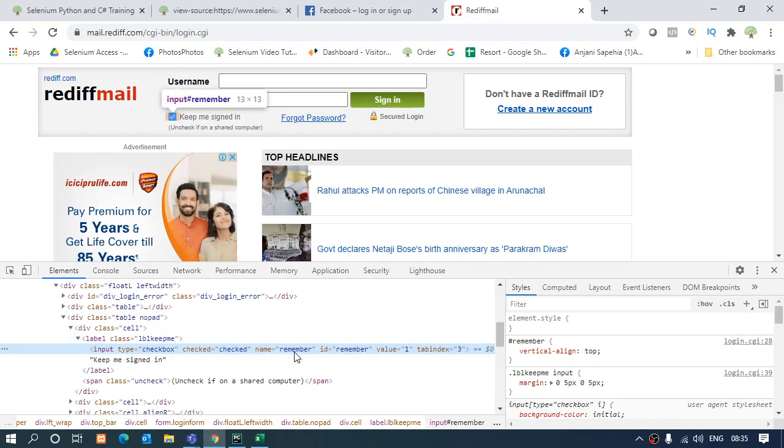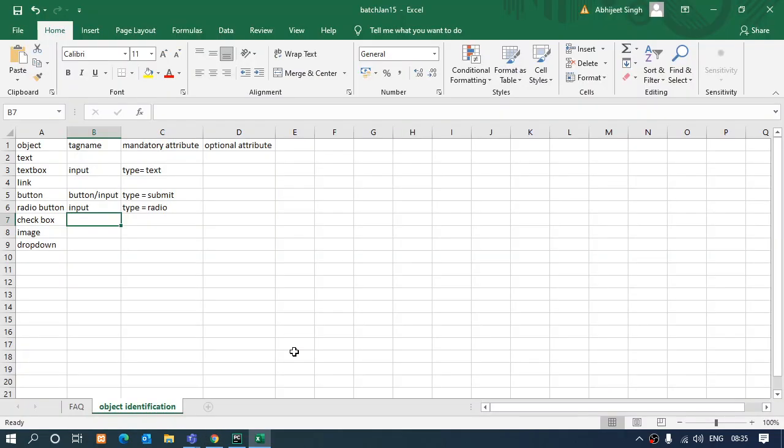So what is the tag name and the mandatory attribute? Yes. The tag name will be input.